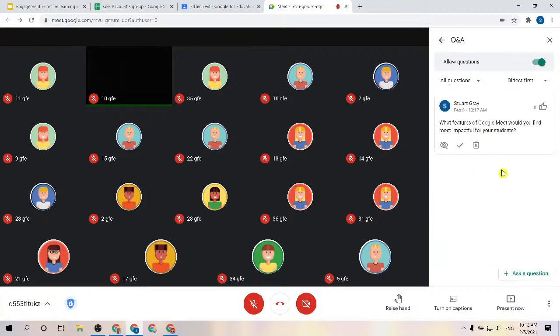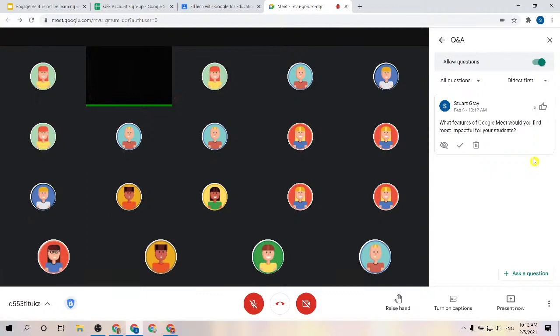So I'm going to post that as an example. If anyone else would like to ask a question, feel free to do that, because I can then demonstrate what this looks like from the teacher perspective. People can click on a thumbs up and upvote that question. So I can see here that 4 people have upvoted this question,